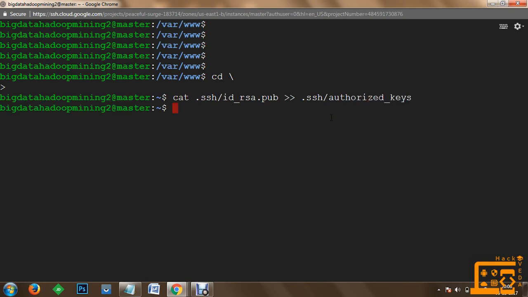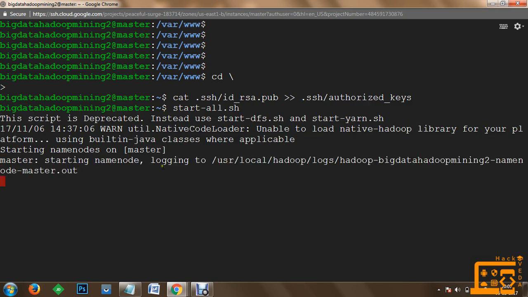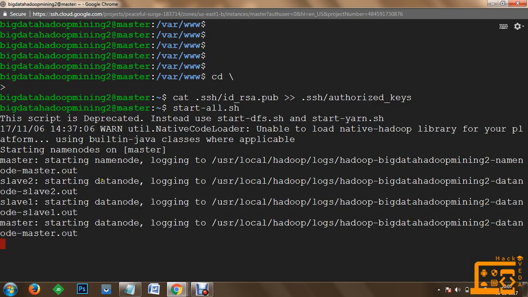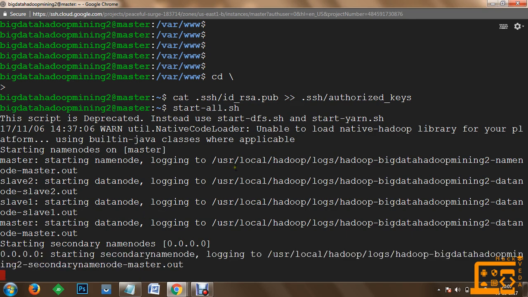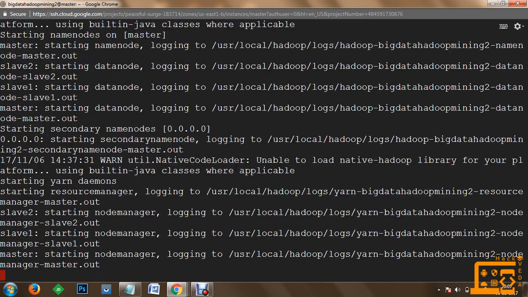So once this information has been put, now we are going to quickly use start-all.sh again. As soon as you execute that, this time you can see that name nodes will be started on master and log files will be maintained in master.out. Data nodes will be started at slave 1 and slave 2, and the log files will also be maintained in .out extension. Now once name nodes and data nodes are ready, you're going to check whether they are running properly so that you can execute your application.